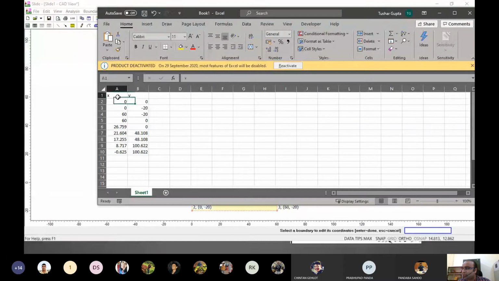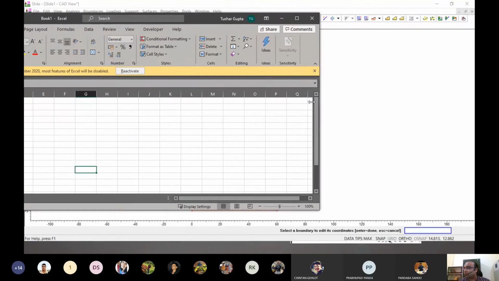So these are the coordinates that are there, right? And we have points, so point 1, 2, 3, 4, and so on. All right. So this is what we have.